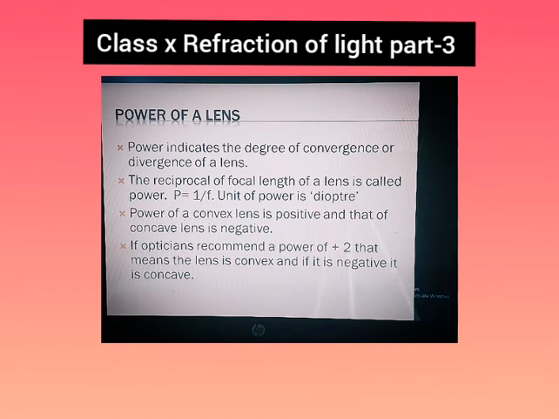I think you understood. You should have seen your elders or yourself wearing glasses. For example, if an optician suggests plus power, that means you have long sight, and you will have to use a convex lens. If your sight is minus 1.5, that means your power is negative, and you have to use a concave lens. So the power of a convex lens is positive and that of a concave lens is negative. What ophthalmologists give us is the power of the lenses to be used, which is called sight.